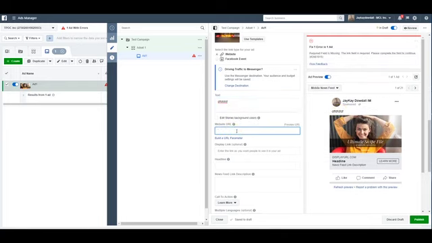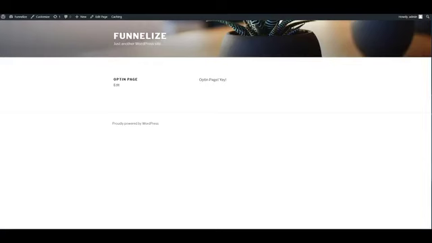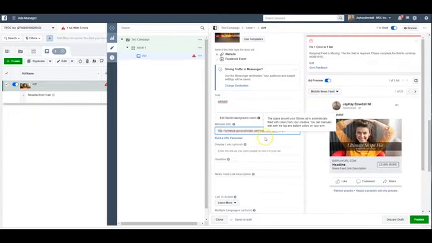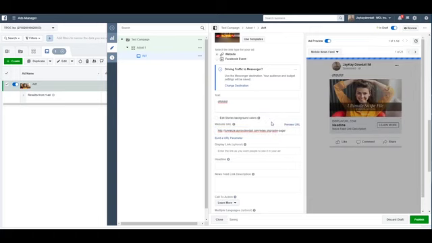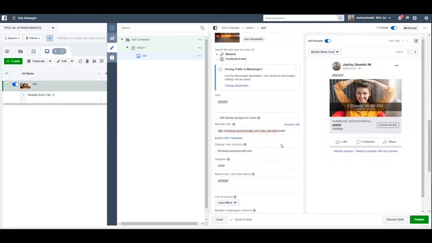And then this is the URL, which is going to be the actual link to your opt-in page, right? So let me just go grab the completely dummy one here and just drop it in there just like that. Okay, this would be the link to my actual opt-in page I would want to send people over to. So your display URL is just going to be the actual domain name you have, right? So jkdaddle.com in this case. I'm going to go funnelize.jkdaddle.com. I'm not obviously going to run this ad, but it's just to give you a quick idea of what this